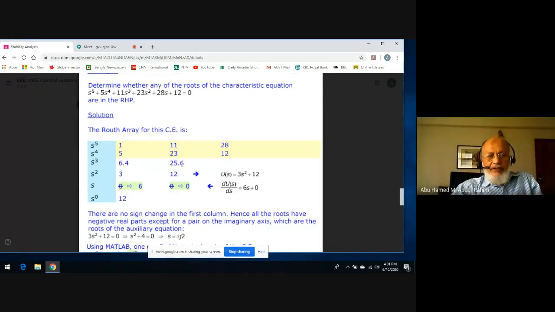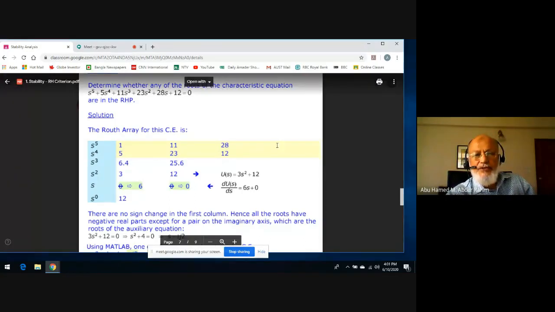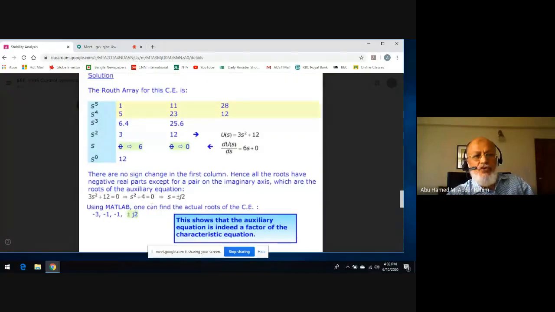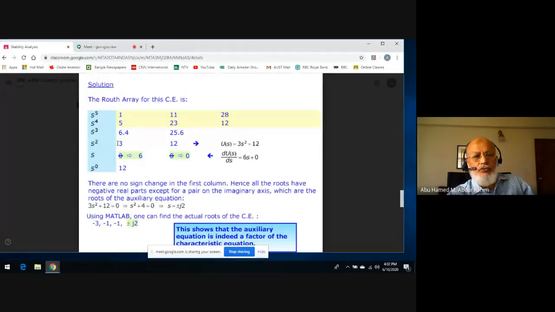Very good. Okay, so nothing more, because the next one is going to be 5 times 0 minus 1 times 0 divided by 5. So the next one is 0. You can write a 0 here, or may not write a 0 as I told you. If it is 0, you may not write it, or if you wish, you can write it also. So we go to the next row.